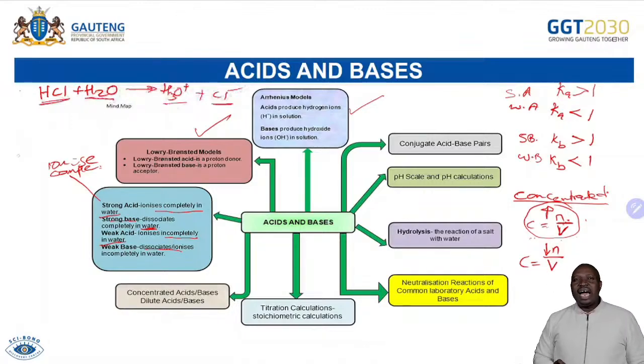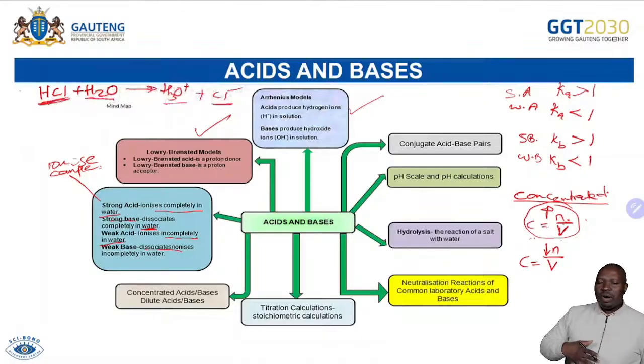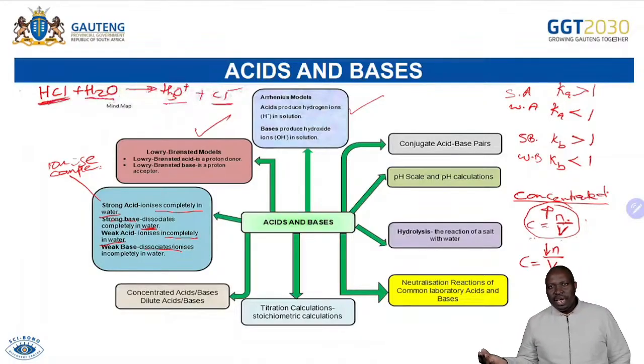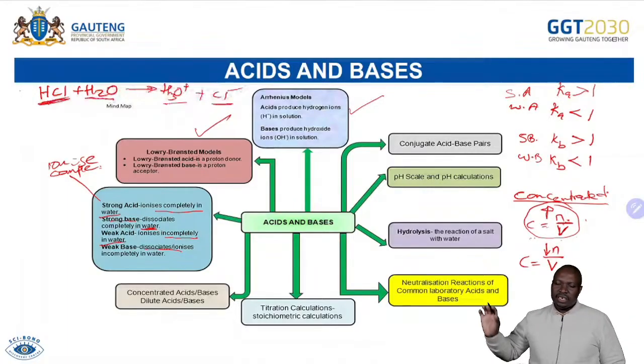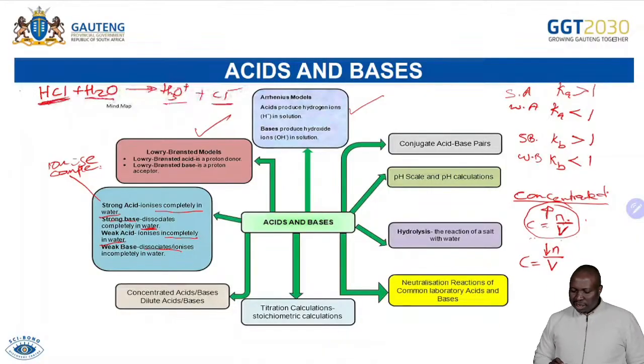Look, the difference is a hydrogen ion. The one with more hydrogen ions will be an acid. The one with fewer hydrogen ions will be a conjugate base. So on the left of the reaction, we have acid and base. On the right, we have conjugate acid and conjugate base, which means in this case, HCl is our acid and